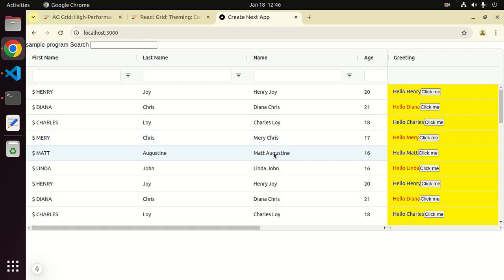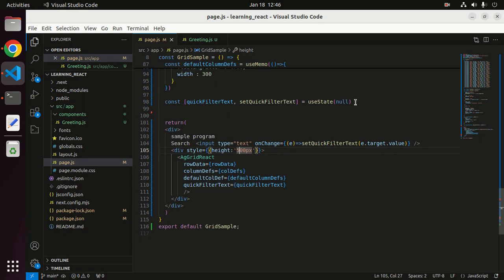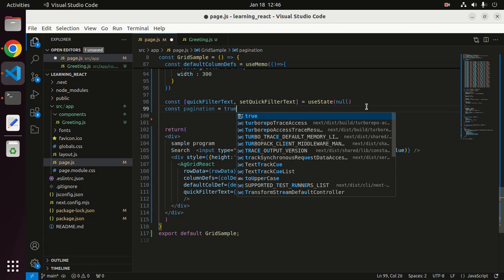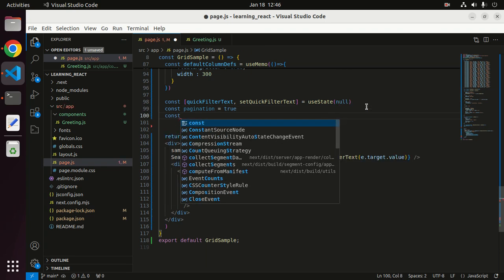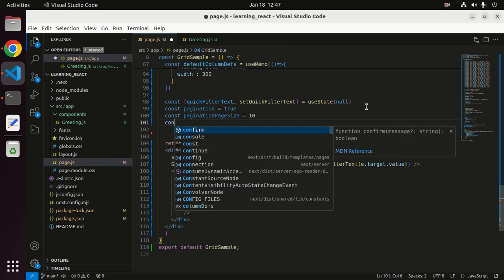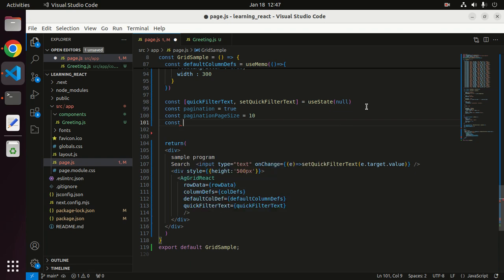Now we are going to add pagination to it. We are mainly setting three things. First we define some pagination variables. Pagination equal to true. We just need to set pagination equal to true. Then the pagination page size, we may just paginate by 10. And then the pagination page size selector,